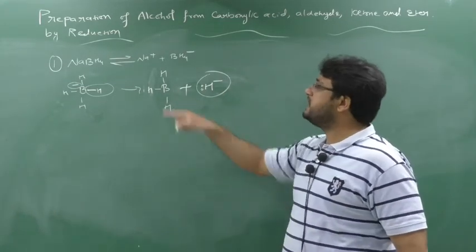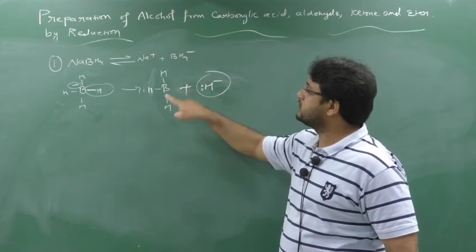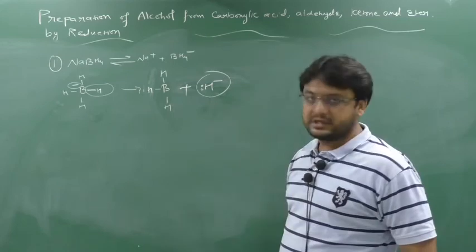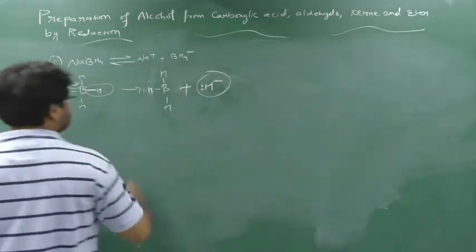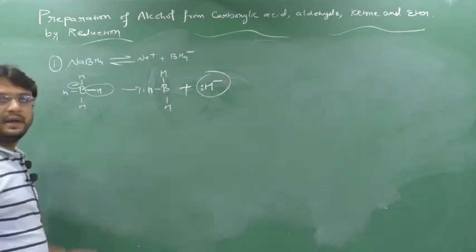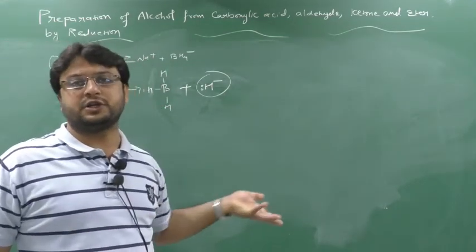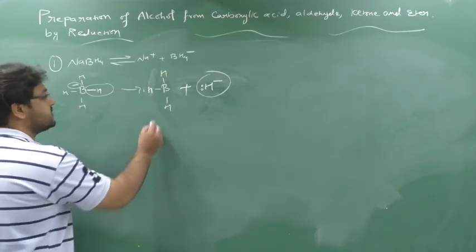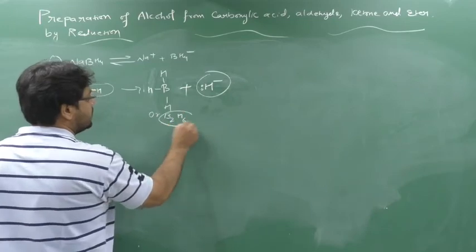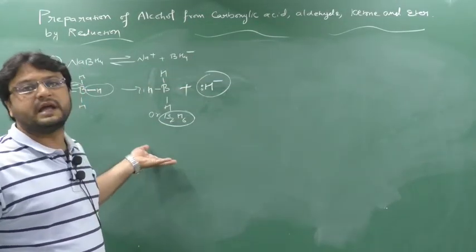Now here remaining is BH3. So now boron has a capacity to make only 3 bonds. So he has made the 3 bonds. Now he is stable. When he is stable, no kind of sign will come on this. Secondly, you would be thinking, sir, see its outermost orbit is incomplete. 1, 2, 3, 4, 5, 6. This is a 13 group element. That's why it is an electron deficient group. That's why BH3 doesn't exist as BH3. It will exist as what? B2H6. So what will he do? He will combine with another BH3 to complete its octet and form a dimer structure.